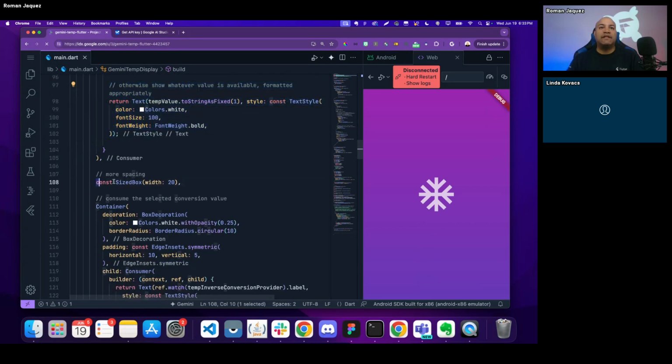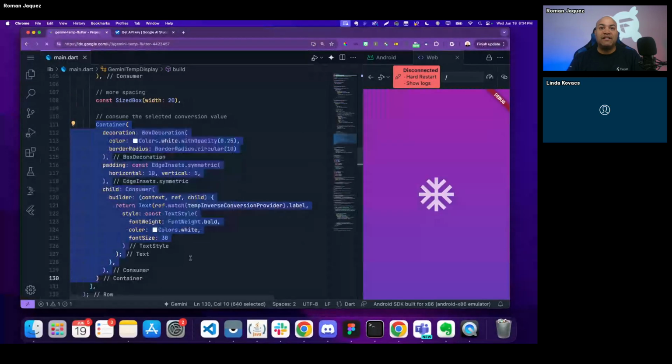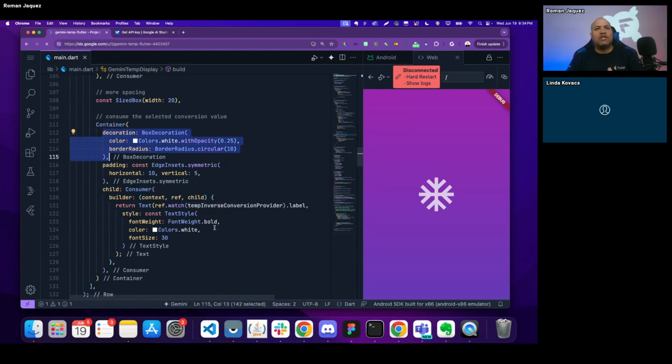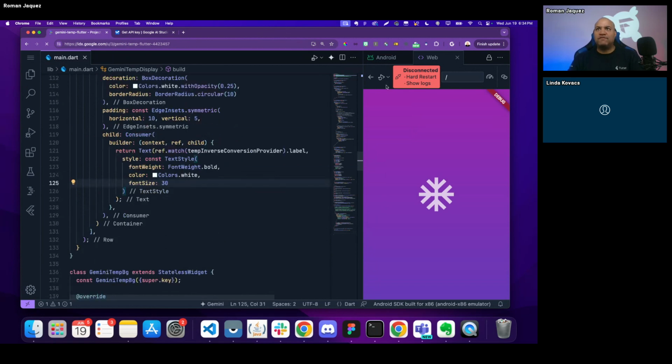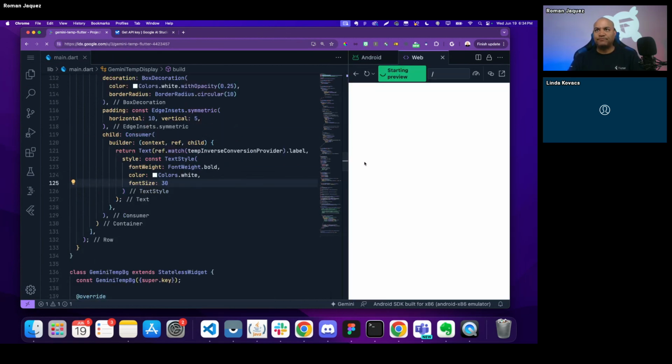And then I'm going to add some spacers, and I'm going to add yet another widget that will be reading the current temperature value that we're converting it to. So if we're doing Celsius, it's going to be grabbing the value of the Celsius and displaying it in just a nice container with some nice decoration and whatnot. So I'm going to save this and I'm going to reload it. I'm going to hit the hard restart just in case. And now we're going to start seeing some of those values in there, okay? So now that I have that,